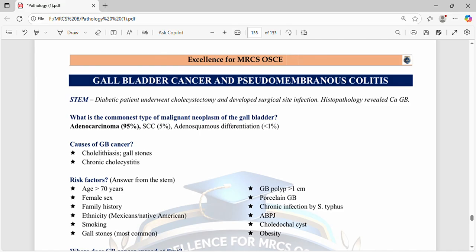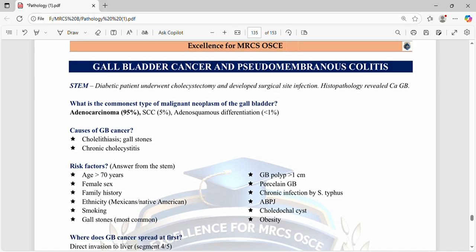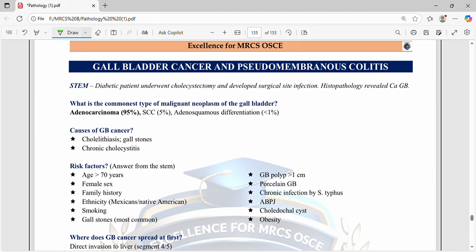What are the risk factors? Age greater than 70 years, female sex, family history, ethnicity (Mexican, Native Americans), smoking, and gallstones, which is the most common. Gallbladder polyp greater than 1 centimeter, porcelain gallbladder, as we already said. Also chronic infection by Staph, Salmonella typhi, choledochal cyst, obesity, and